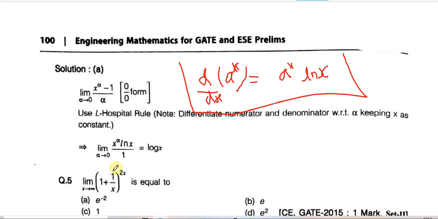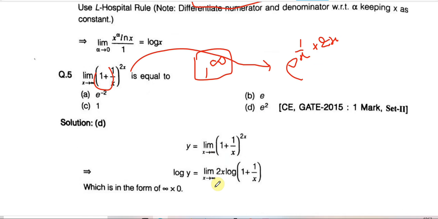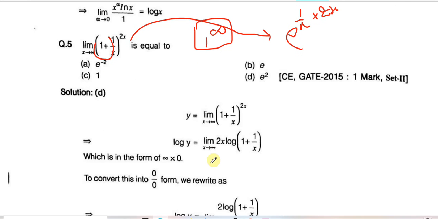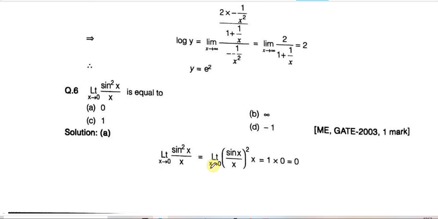Now this term, (1 plus 1 upon x) to the power 2x, as x approaches infinity. If you put x approaches infinity, it comes out as 1 to the power infinity. If the 1 power infinity form is there, then I have already told you the formula. This is a very important formula, you have to remember. We simply take e to the power (this term minus 1) times the function: (1 plus 1 upon x minus 1) means 1 upon x, multiplied by 2x. So x and x cancel, and e to the power 2 will be the answer. Or by another way, you can take the log and apply L'Hopital's rule, but this is a very long process.